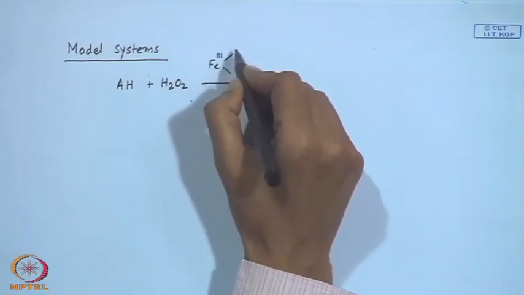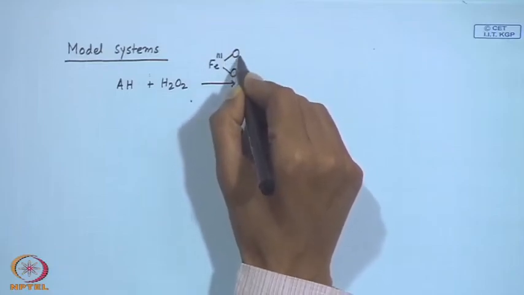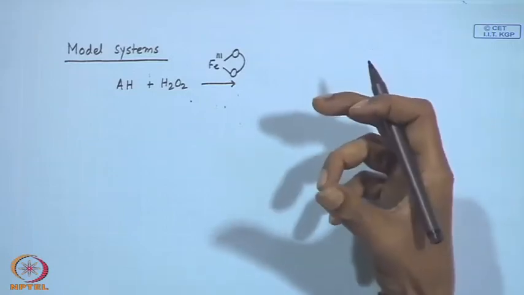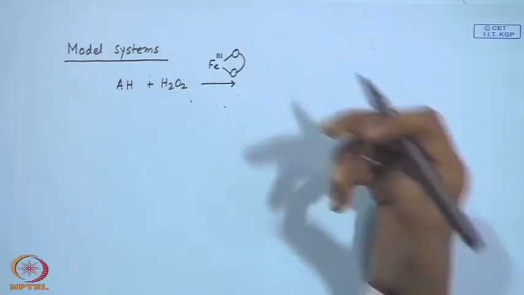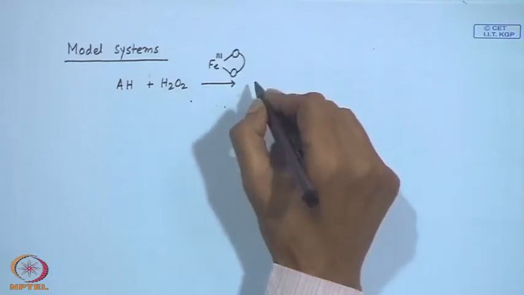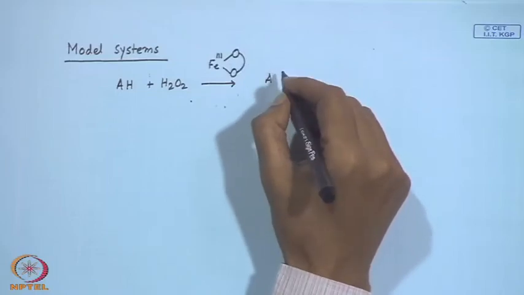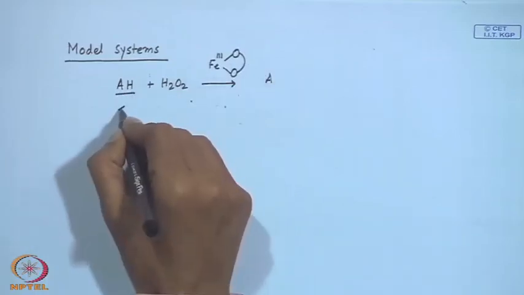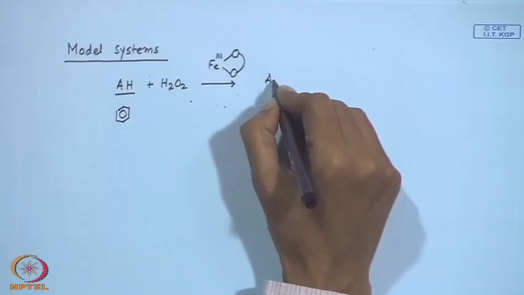Model compound means we have some laboratory-prepared compound. So, one such binding model is a catechol type of arrangement, which can be utilized, giving you, if you have a benzene unit like C6H6, the corresponding phenol